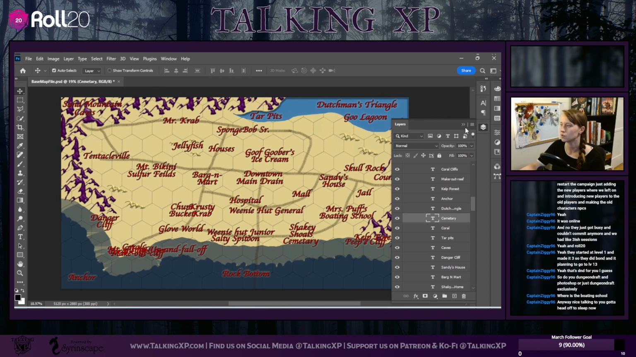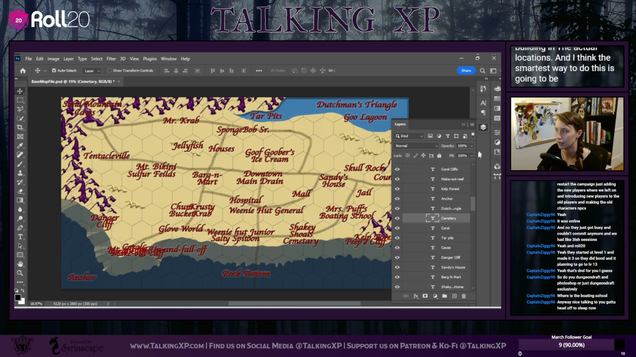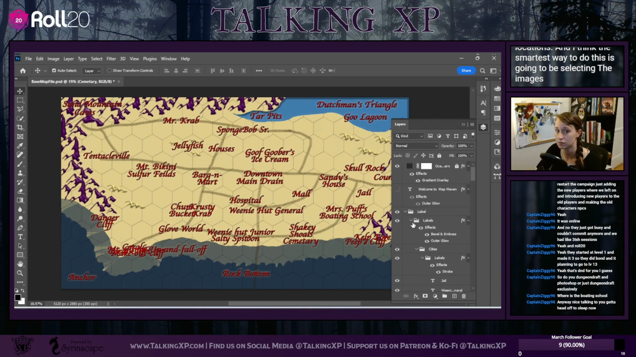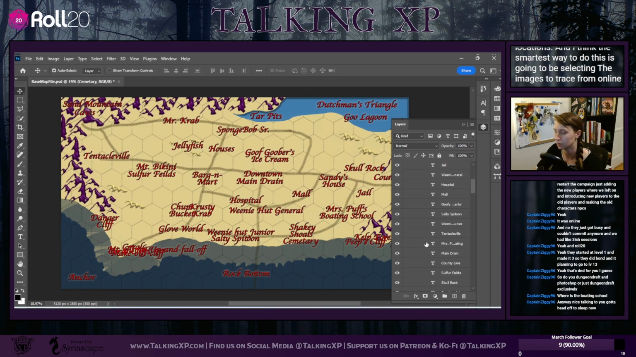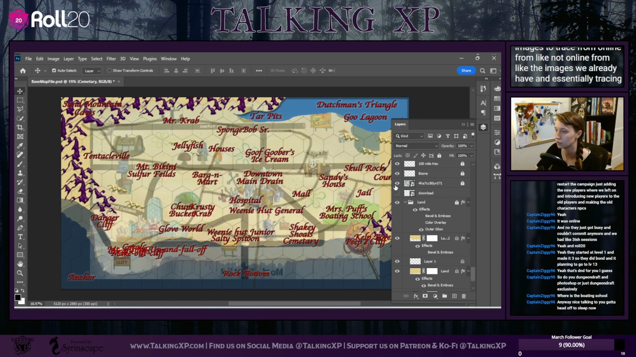Okay, so that is that. So now I'm going to start building in the actual locations. And I think the smartest way to do this is going to be selecting the images to trace from online, from the images we already have, and essentially tracing over them to create the look we want